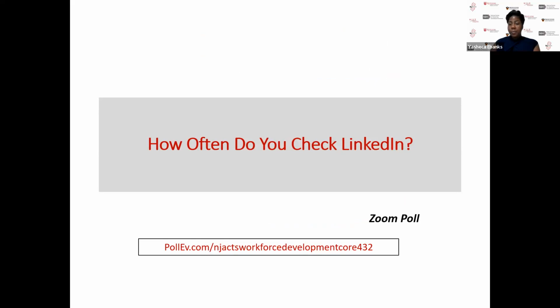So now that we're talking about putting your LinkedIn profile together, even if it hasn't been to the degree that I'm explaining it to be, how often do you check your LinkedIn account? It is important to not just set it up and let it be. It is extremely important that you stay connected. Download the app, make sure that you're getting your notifications, make sure that you're going on and posting and sharing. It's important for you to check it